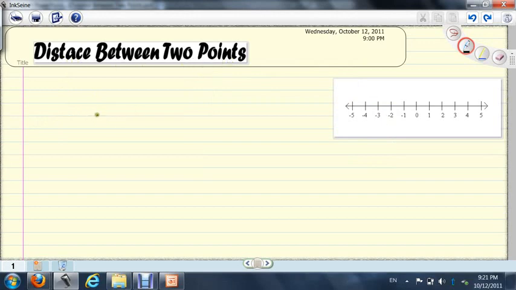Let's remember something we have studied before in first prep. We have a number line. The point in the middle is 0. The numbers to the right are the positive numbers, and to the left are the negative numbers. If we have a point here, which is A, and a point here, which is B, and we want to